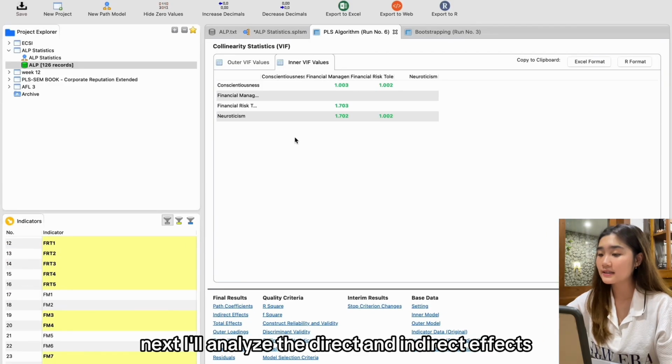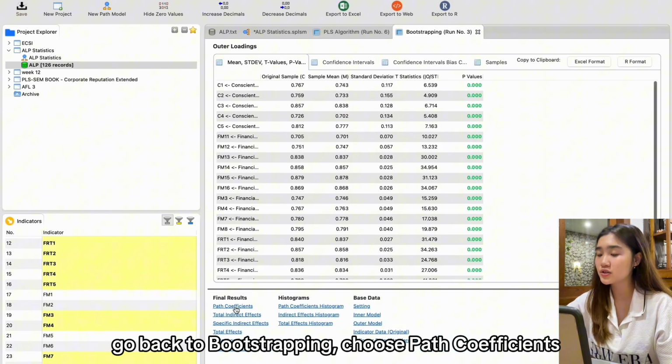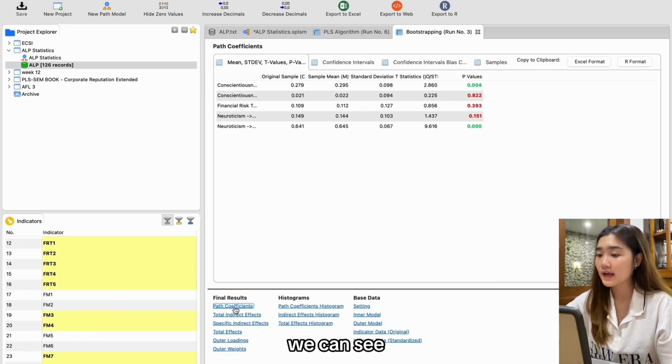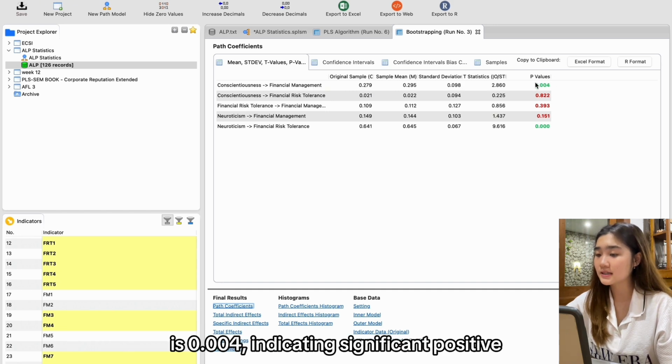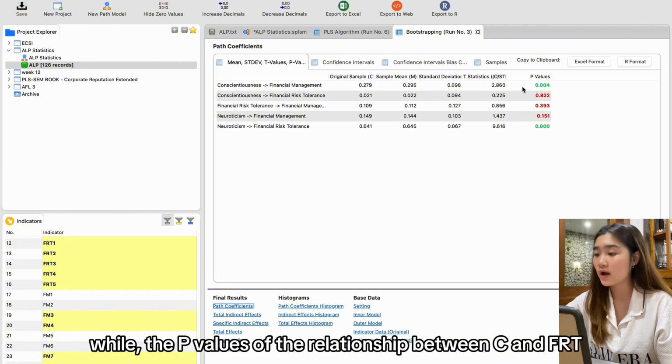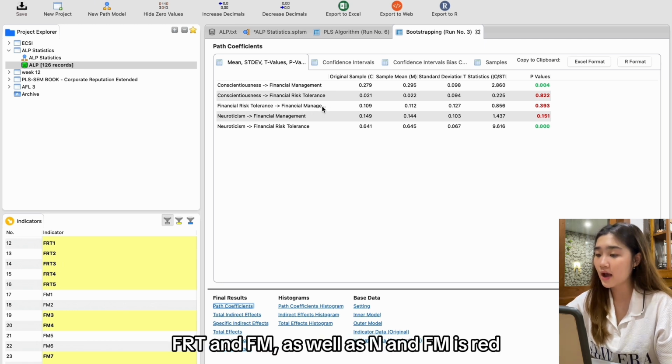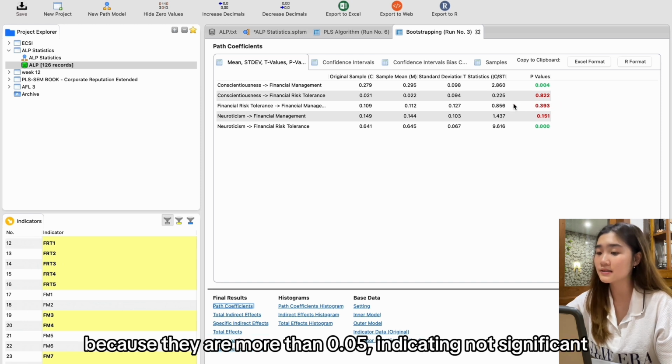Next, I'll analyze the direct and indirect effects. Go back to bootstrapping, choose path coefficient. We can see the p-value of the relationship between C and FM is 0.004, indicating significant positive, while the p-values of the relationships between C and FRT, FRT and FM, as well as N and FM are red because they are more than 0.05, indicating not significant.